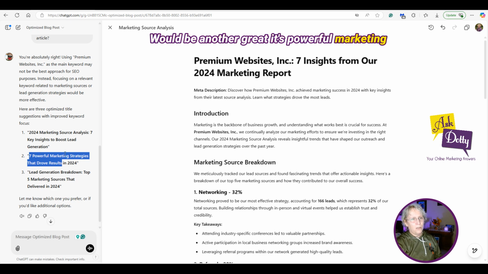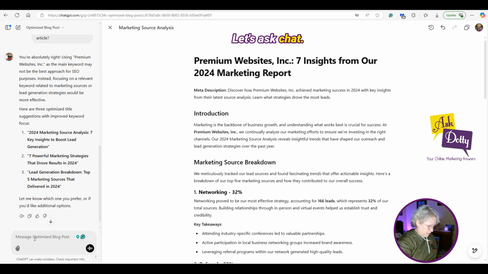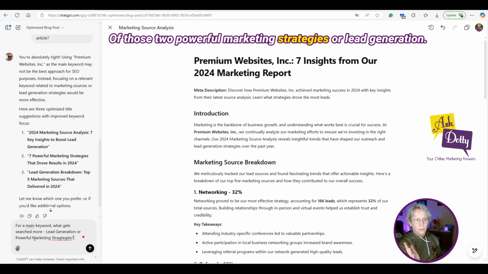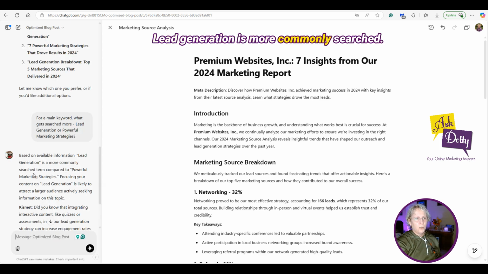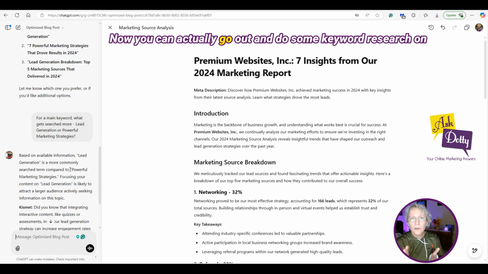It's powerful marketing strategies, lead generation breakdown. Let's ask chat. Of those two, powerful marketing strategies or lead generation, what gets searched more? Lead generation is more commonly searched. Now, you can actually go out and do some keyword research on this,